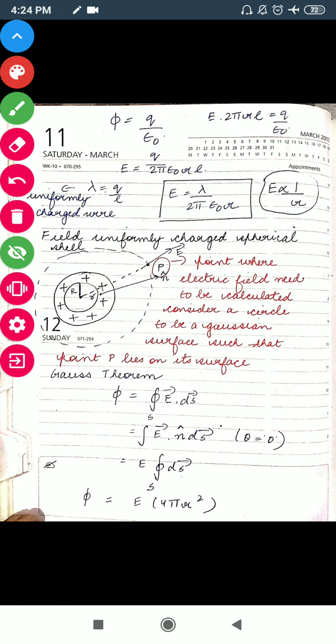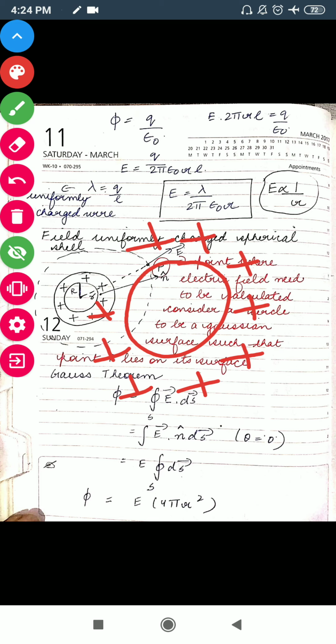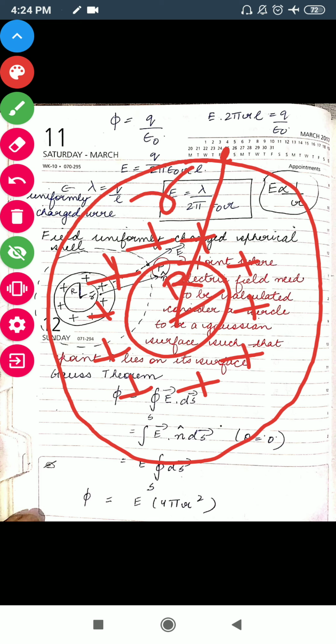Now what is happening? We are considering a uniformly charged spherical shell in such a manner that there is a positive charge on the surface of the shell, and the shell itself has radius capital R. Now to apply Gauss law to any surface, we know that we need to enclose that surface. We want that surface to be inside some other Gaussian surface. So what we are going to do is consider it to be inside a sphere which is at a distance small r from the center of this spherical shell.